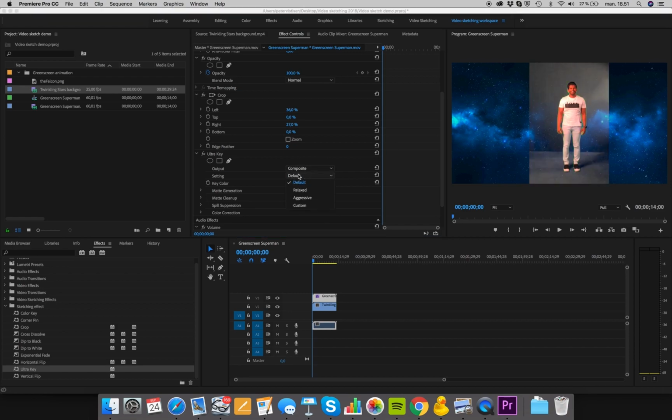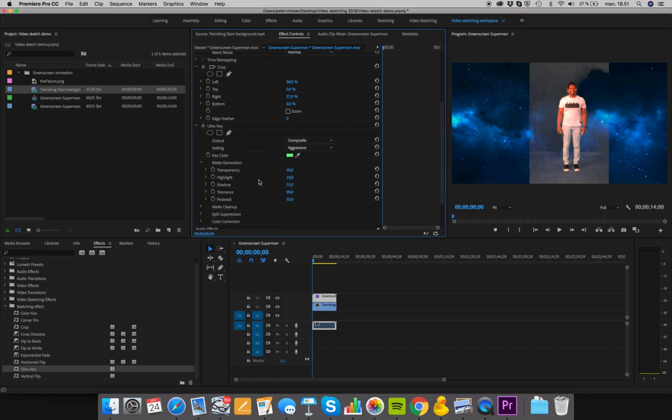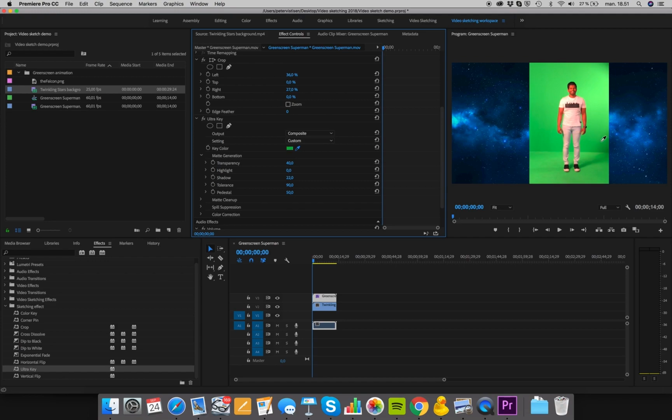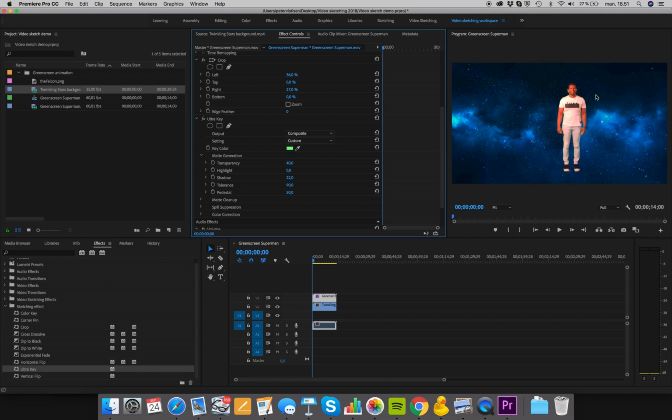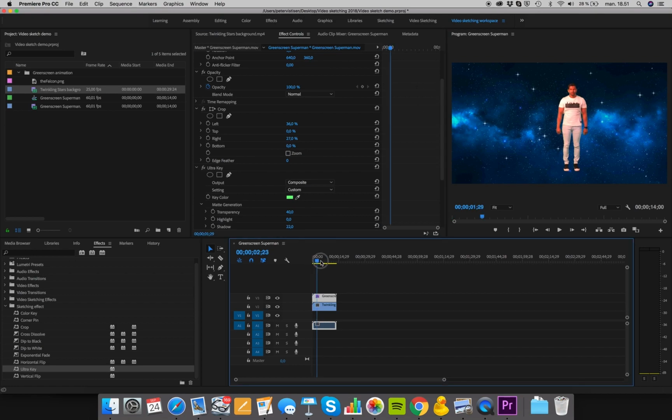You can see, okay, that helped us a bit. Can use the pre-set aggressive a little bit more. But as you can see, as before, we need to go down into the matte generation and try to remove some more. One can fiddle around with the shadow maybe. Try to remove that. Okay, and actually did the trick rather well without reducing too much of Vash. And again, if it doesn't work, maybe it's because we should select another nuance of green. So try to fiddle around with it and see if you can make it work. And I think we have it. We have something here. We have Vash